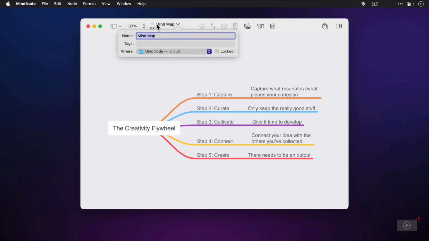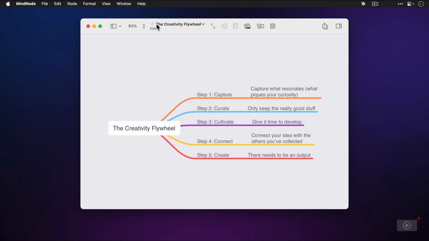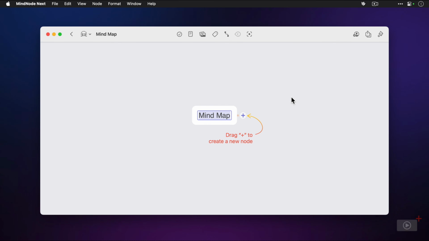Right now it's called mind map. Let's change this to the creativity flywheel instead. And then one additional new feature we need to look at is the ability to edit themes. So with MindNode Next, you can actually make your own theme based on the display options for your current mind